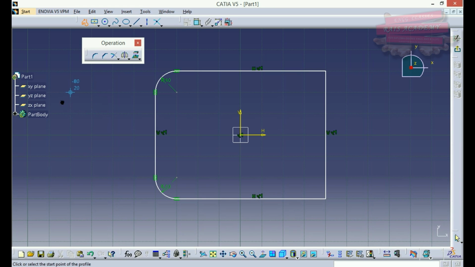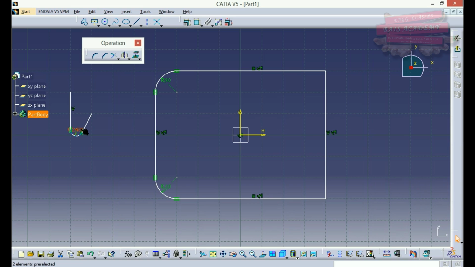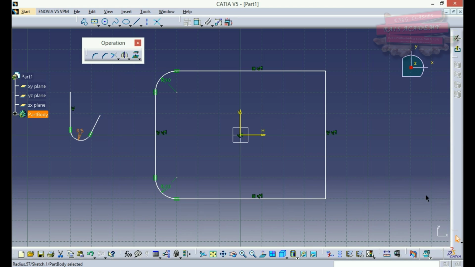It can also generate a fillet between any two intersecting lines. Okay, so suppose I want a fillet, a corner between these two lines, and I can specify it. I can change the dimensions from here, that I want the radius of the fillet to be 5. So accordingly it will modify the geometry to suit its constraints.